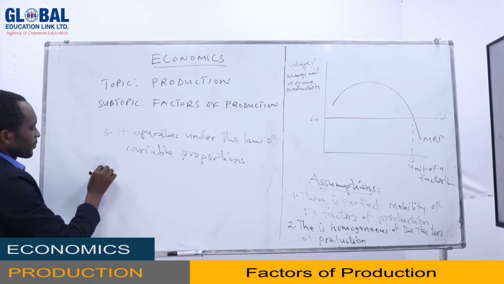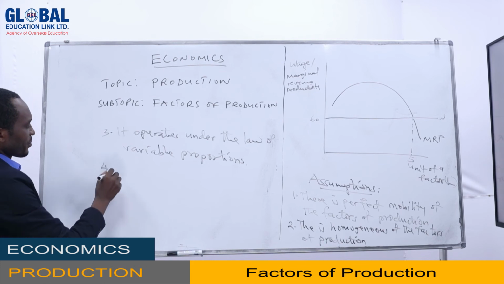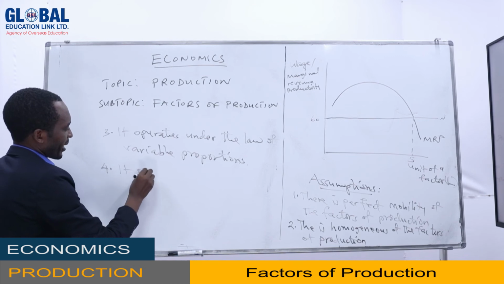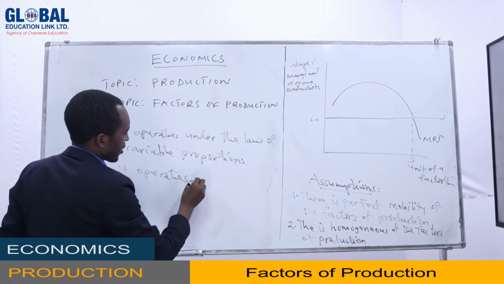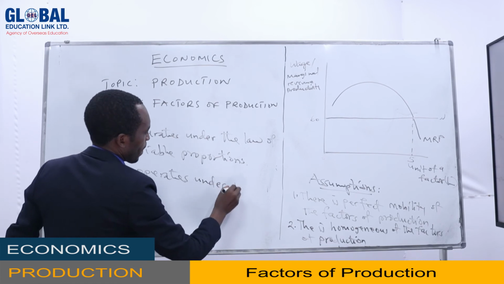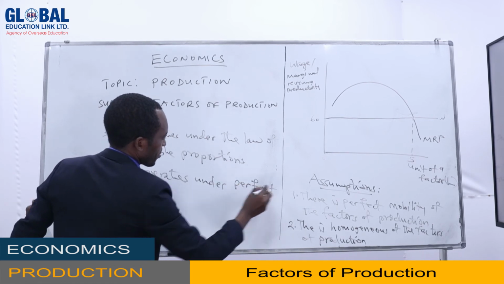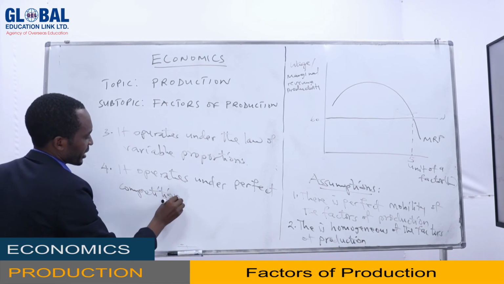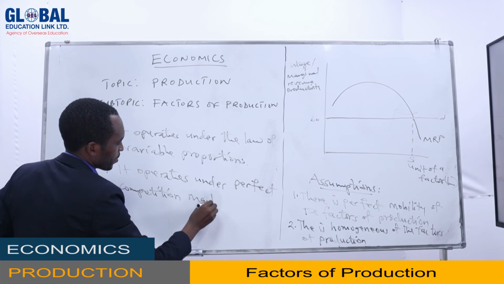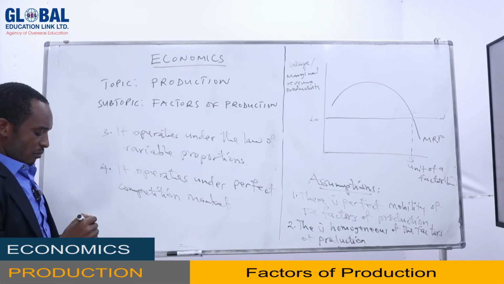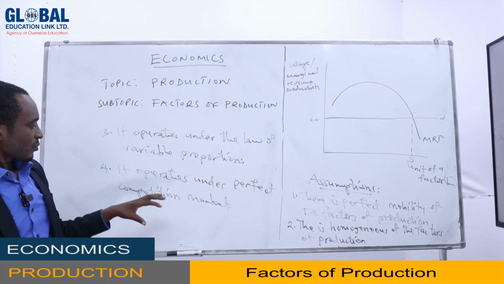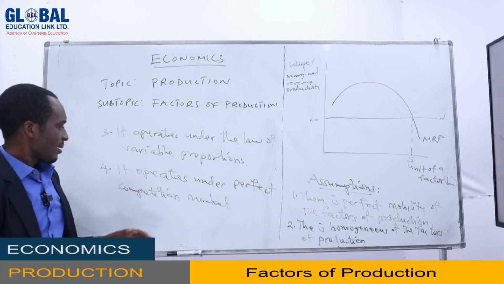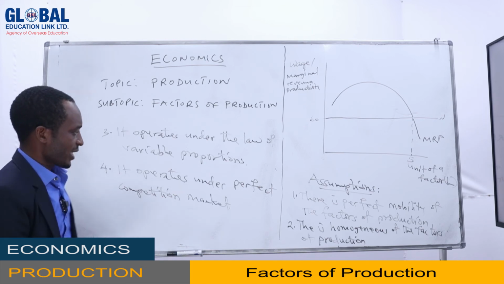And 4, it assumes it operates under perfect competition market. So both product market and factor market operate under perfect competition. And the last,